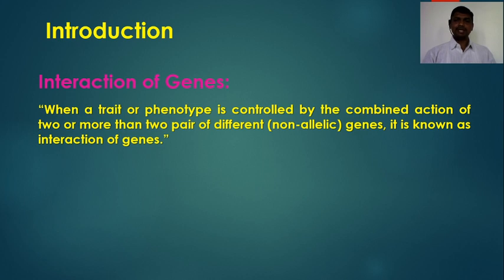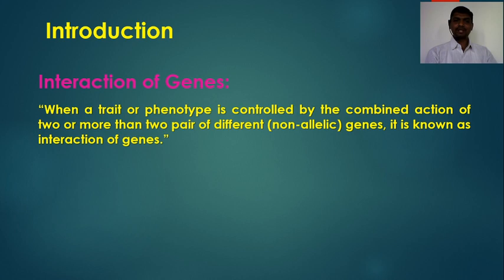What do we mean by allele? An allele is an alternative form of a gene. For example, the gene for height in a plant we write as the T gene. So for two alleles, if the plant is tall, we say the two alleles are capital T, capital T. These are the alleles of a single gene.